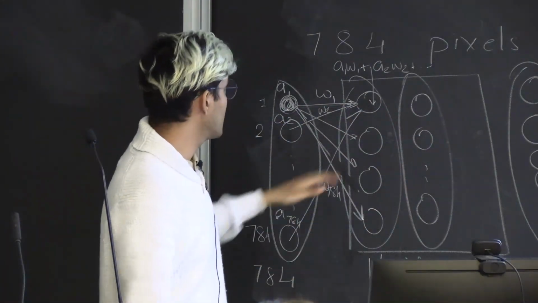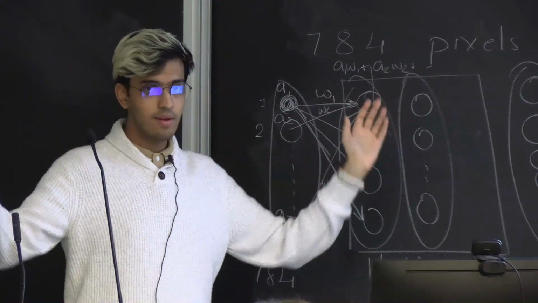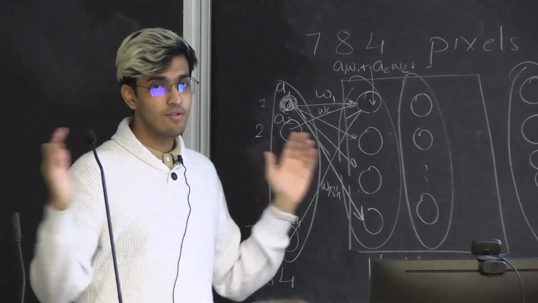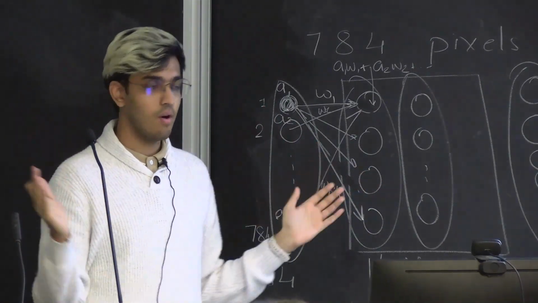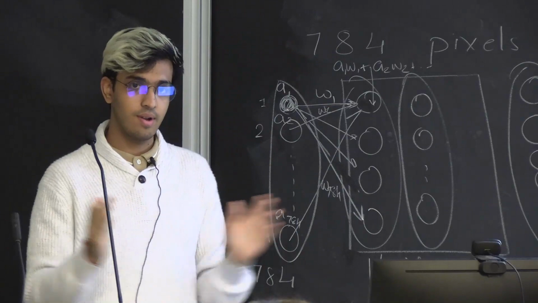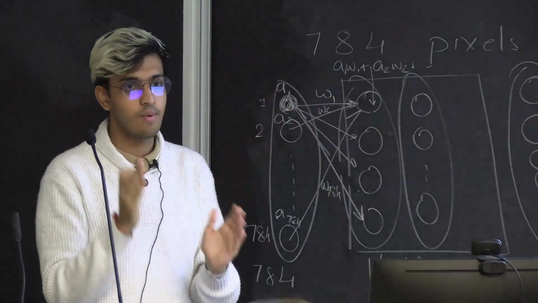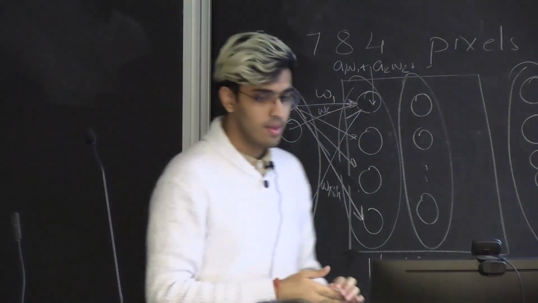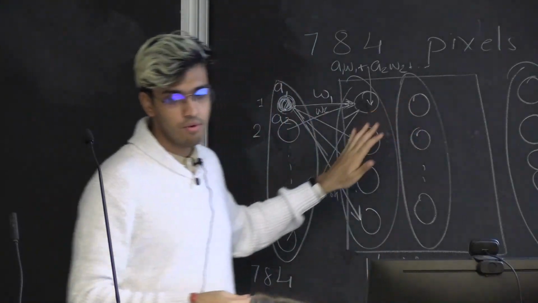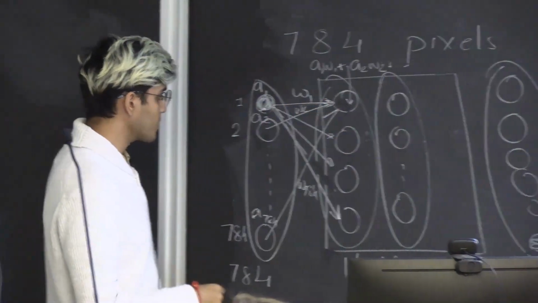Now, of course, we don't want the sum to blow up. We want to scale it down. So there's a shrinking function that's called the activation function. It just shrinks down the numbers to a range between 0 and 1, right? We're not going to focus a lot on this, but this is the general gist of things, right?